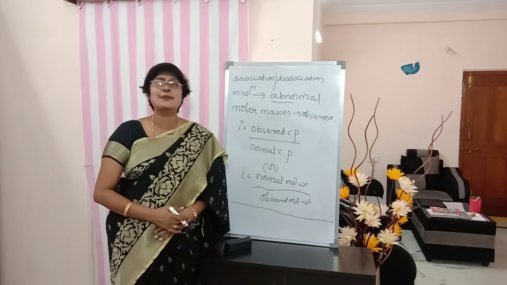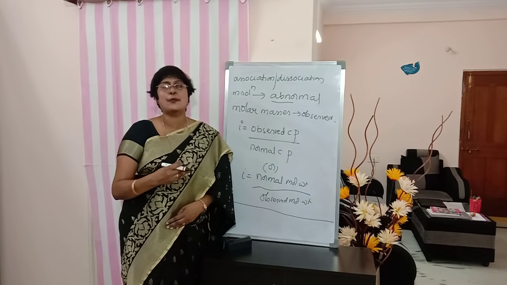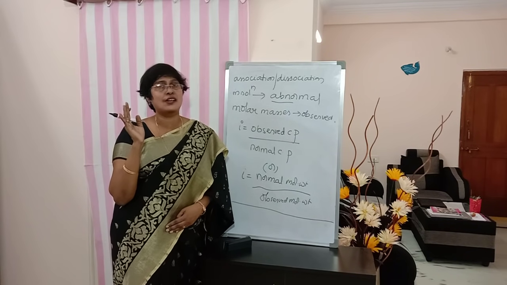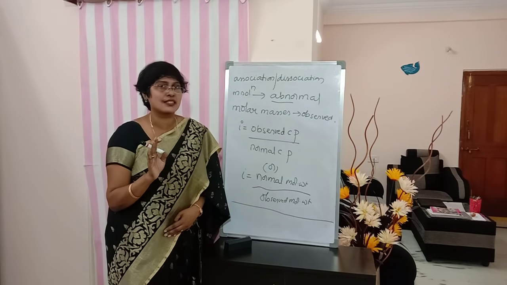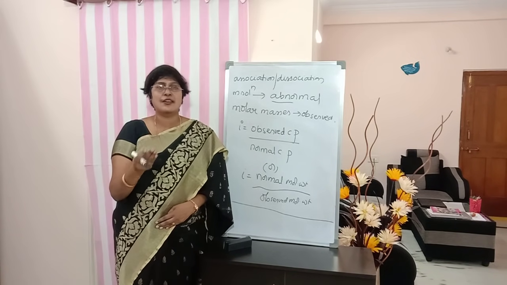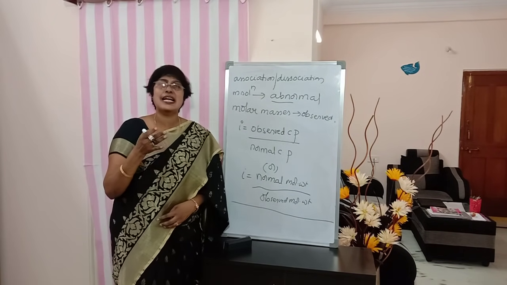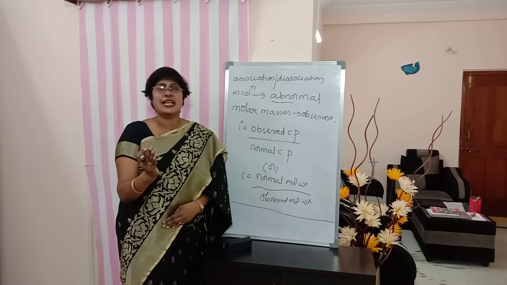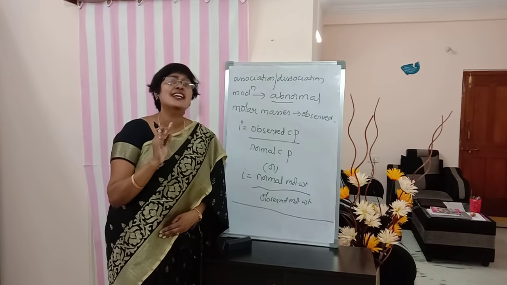Hope I made all the points clear, students. Please note down all these points in your notebook, and don't simply write it and throw the book away in your study room. Try to read and learn all these points, students. Then this chapter will be dead easy for you. The only topic remaining for us is the Van 't Hoff factor for dissociation and the Van 't Hoff factor for association. I will teach you in a comparative way, and there are also numericals based on that which we will do in the next class.